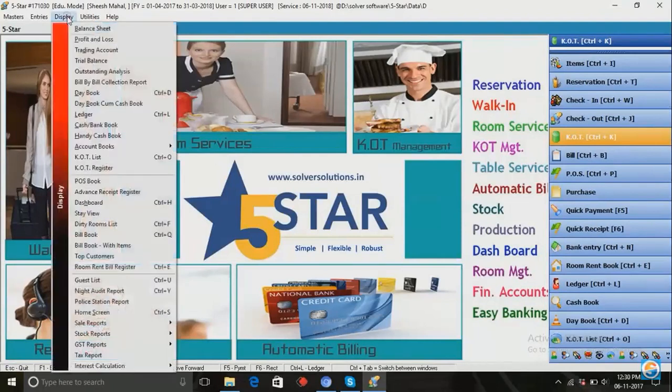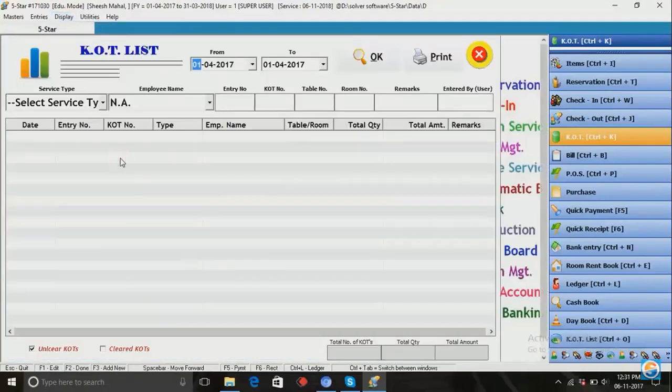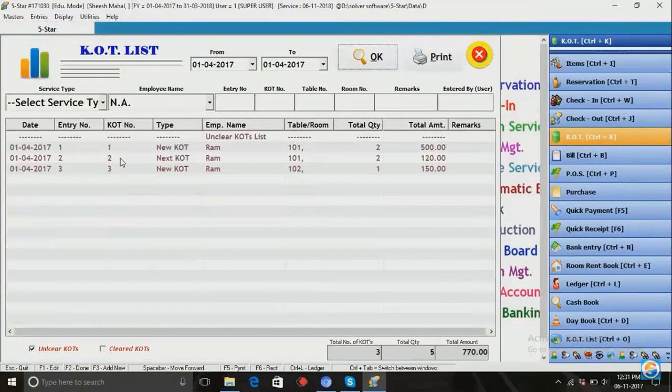तो अभी इसकी आप रिपोर्ट भी चेक कर सकते हो, इसकी रिपोर्ट बन चुकी है डिस्प्ले में। डिस्प्ले में आके आप KOT लिस्ट चेक कर सकते हो कि कौन कौन सी KOT हमने की है, ओके करेंगे। तो डेट वाइज आप चेक कर सकते हो, उस डेट की जो भी एंट्री की होंगी आपने वो सारी आ जाएंगी आपके पास, लिस्ट उसकी डिटेल आ जाएगी कि किस वेटर ने सर्विस दी थी, कौन कौन से टेबल नंबर पे दी थी, क्या क्वांटिटी थी, क्या अमाउंट था, सारा टोटल, ग्रैंड टोटल बन के आ जाएगा नीचे।